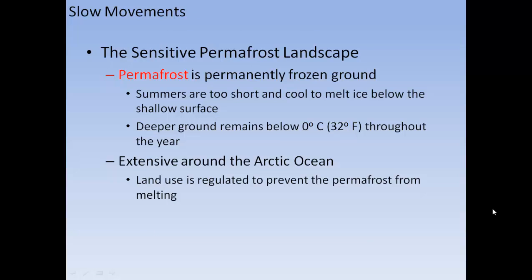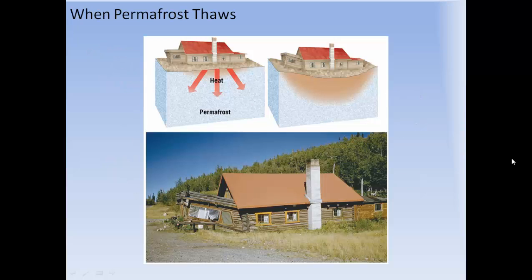Summers are too short and cool to melt the ice below the shallow surface. Deeper ground remains below 0 degrees Celsius throughout the year. Extensive around the Arctic Ocean, land use is regulated to prevent permafrost from melting. Okay, so let's say you built your house on permafrost, and the heat from your house in winter may thaw some of that soil, and then it'll cause subsidence. It's not very healthy for